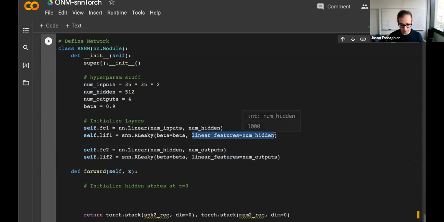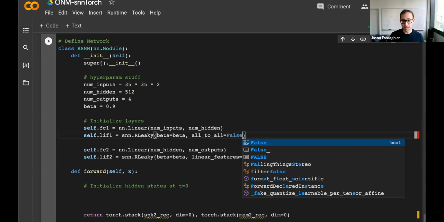There is a way to play around with this. So all to all, I think that should be a function. Yeah, so what I call that is a recurrent SNN with all-to-all connection, because all of your spiking neurons generate spikes. They're transformed by a linear transformation, and then they're projected back to every spiking neuron in that layer. If I don't want to do that, if I just want a one-to-one connection where every neuron is only recurrent back to itself, I just say all_to_all equals False, and that is that. Then I don't need to specify the number of linear features.